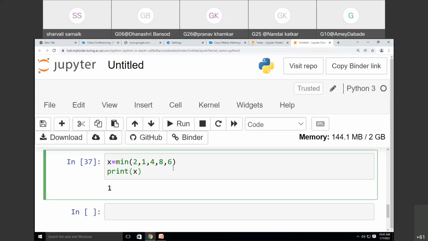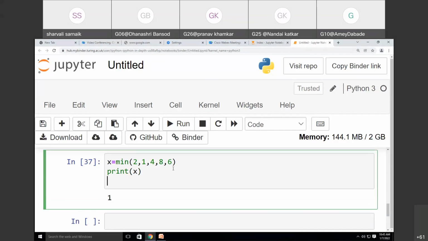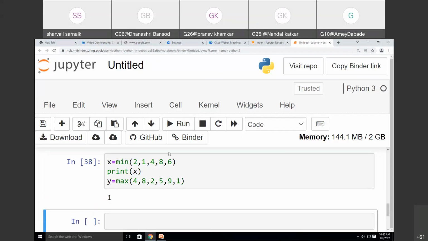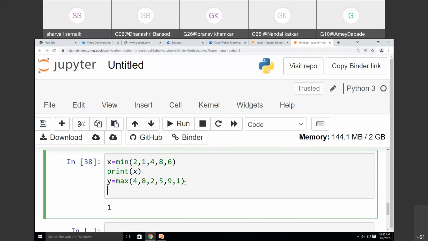Similarly, we have a max function. Let me take another variable, y is equal to max, and I'm writing some numbers. When I run this, see the output. Okay, I have not printed anything. I need to print y. I'm writing print y.